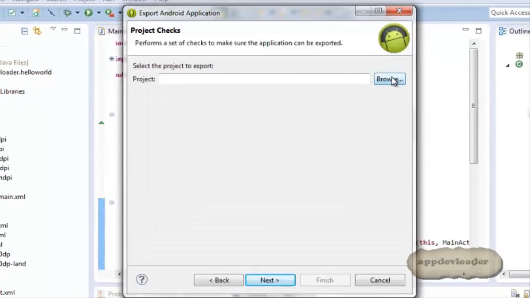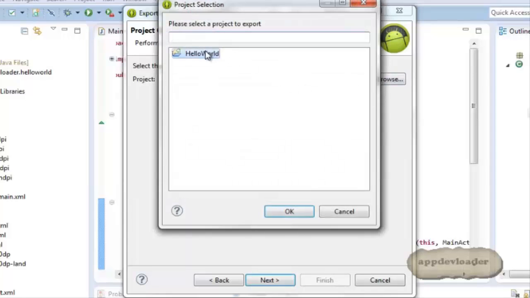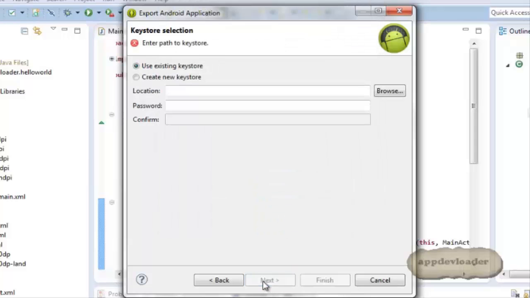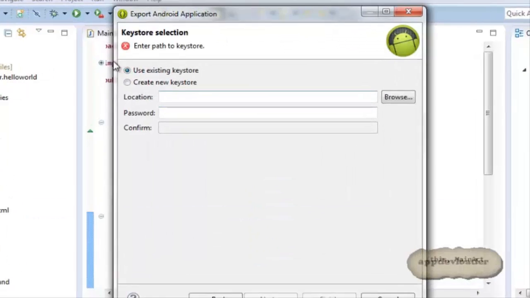it asks you for the project which you want to export. Browse, set your project which you just created, hello world application. Okay, then we'll click on this. Now this key store is